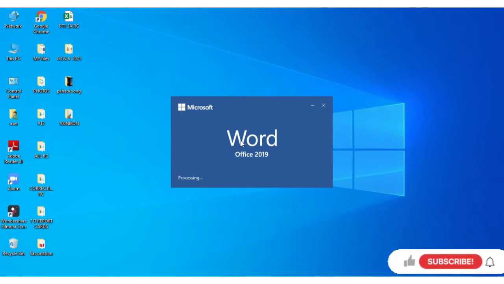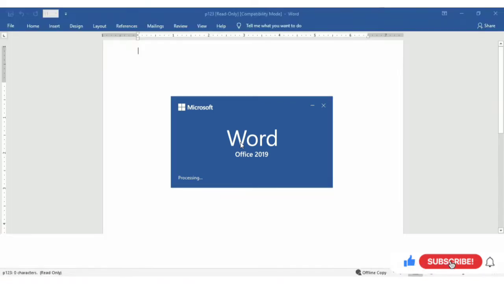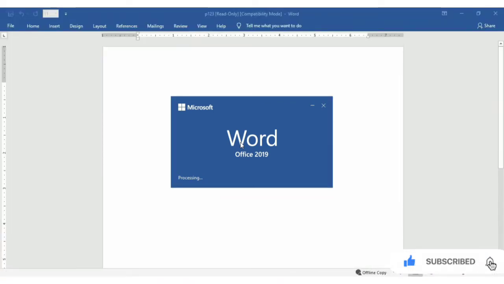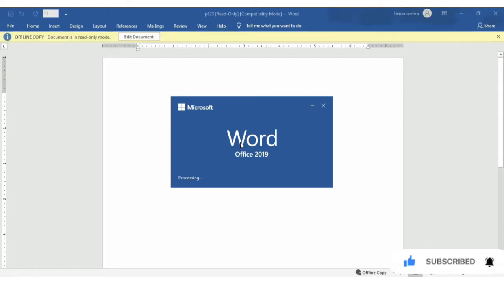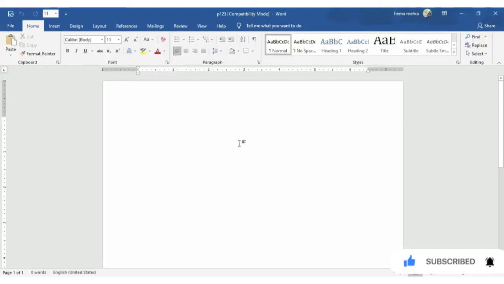When we open a blank new document, the first page is added by default in it. Means when we open a blank document, you can see this is the first page which is added by itself. The standard size of this newly added page is 8.5 into 11.